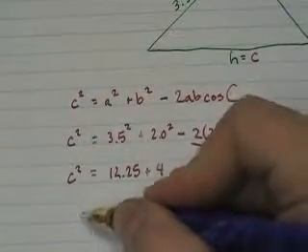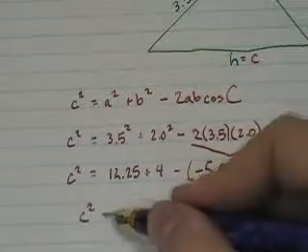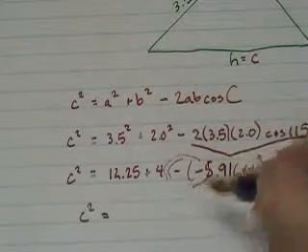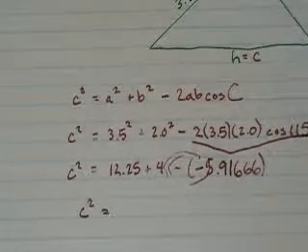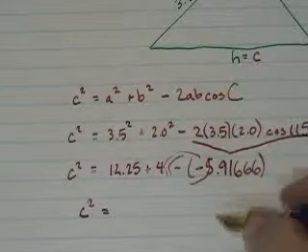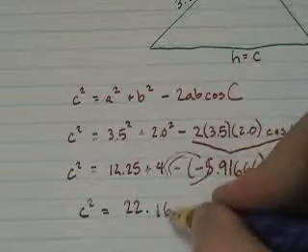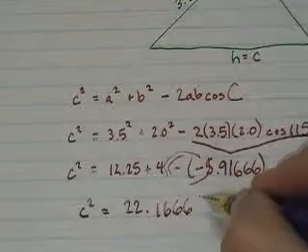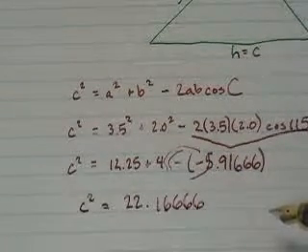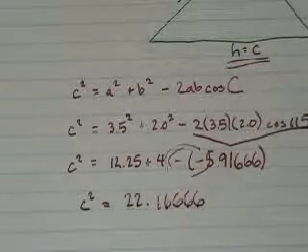And so now, come down a step. I have a number plus a number minus a number. Combine like terms. And of course you have these two negatives, which means you're going to do what? You're going to add. So you say 12.25 plus 4 plus 5.91666, and that gives us 22.1666, 6 repeating, basically. So now C, or H, which is the same thing,